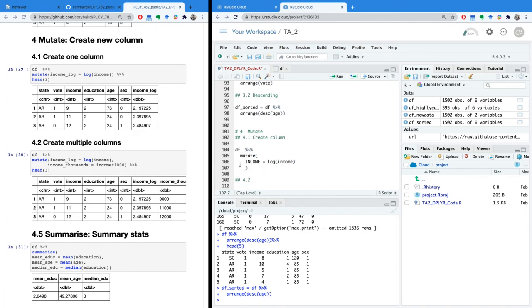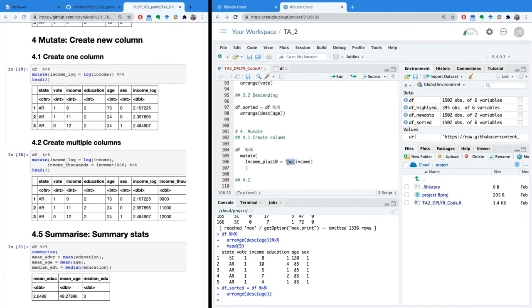The first example that I'm showing here is actually a little bit complicated, so let's make it a little less complicated. So we type in the name of our data frame, followed by the pipe operator, followed by mutate, and inside we put the first thing we type is the new name of our column. So this can be anything. So your name, you can make it up. So let's just do income plus 10